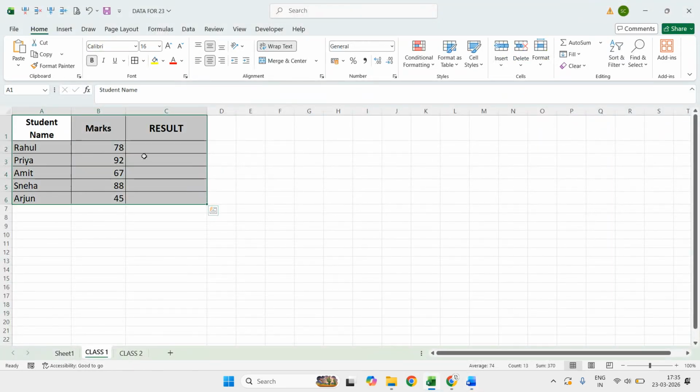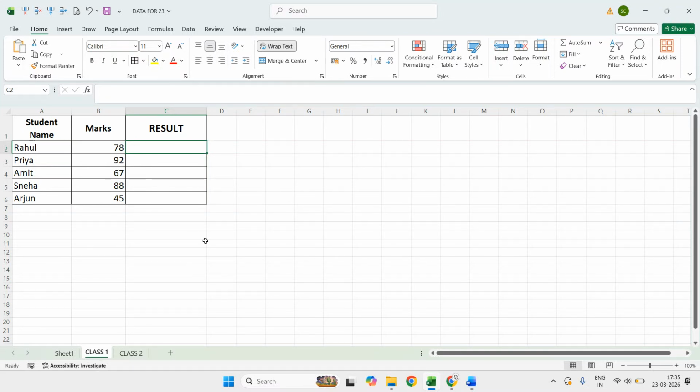So to see the application of macros, here I have a data set where the columns are student name, marks, and result. And the condition is that if the marks are more than 40 or suppose more than 50, the student is passed, otherwise the student is failed. So I am just going to execute the if function and I am going to put the result here. But before that I want to record whatever I am going to do.